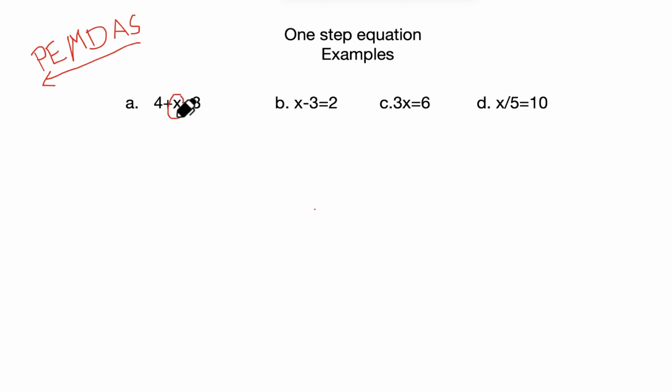Now, what we're going to do is look for the sign between the x and 4, which is plus. That also means there is a plus in front of that 4, positive 4. There's an invisible positive. We do not write any sign if it's positive. It's the default mode, right? So the sign between x and 4 is that positive sign, so we have to do the opposite of positive, which is negative. So plus 4, we're going to add negative 4